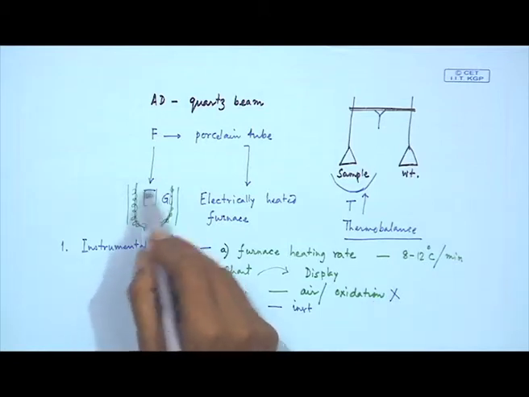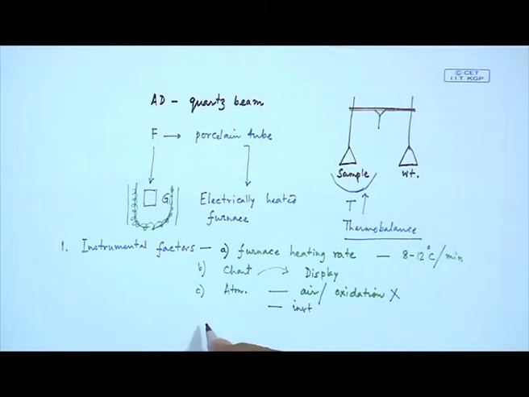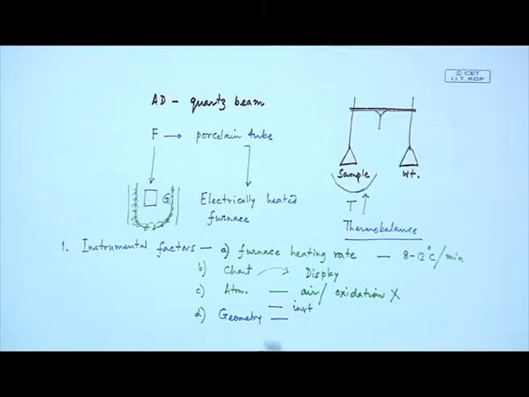Then the corresponding geometry, the sample holder and the furnace geometry also. So, the geometry of these materials can also play some important role, and then the composition of the sample container,